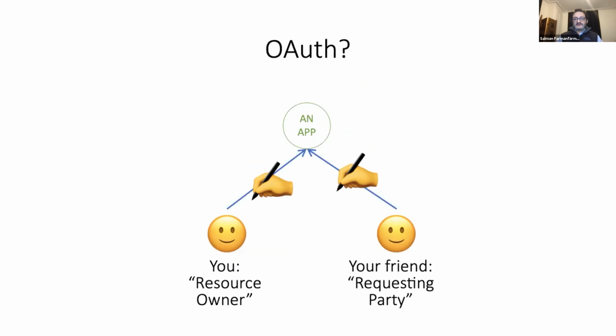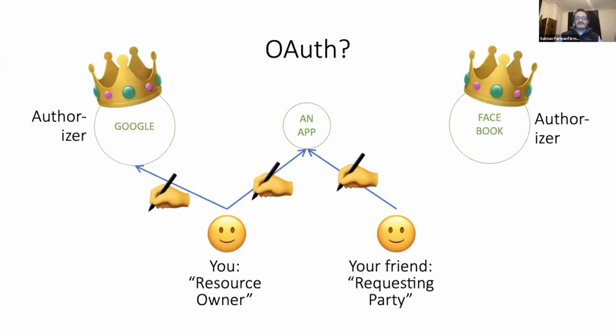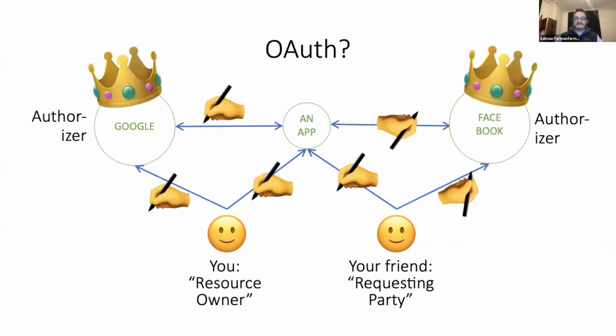If you want to share some data with a friend, you either have to set up an account on an app, which is a manual process. You set up a password, get a verification email, all of that. Or you can sign up using Google or Facebook IDs, assuming you already have set up accounts for that. But for OAuth to work, the app also needs to have signed up with Google or Facebook and registered as an app. And the developer of the app has to literally cut and paste a piece of text called the client secret from the Google and Facebook website sign-up pages, and she needs to paste it in her app server for the whole thing to work.